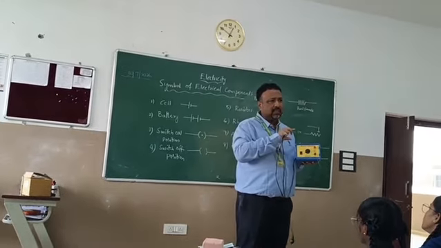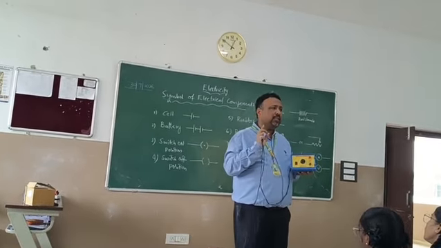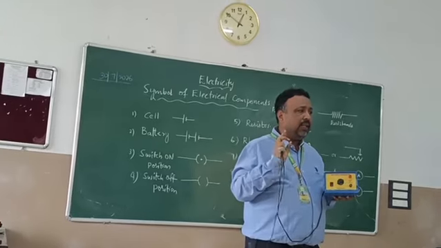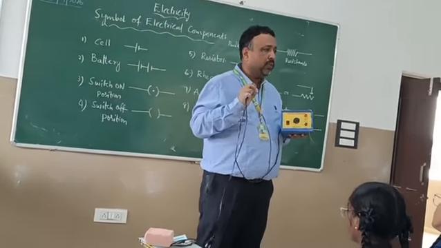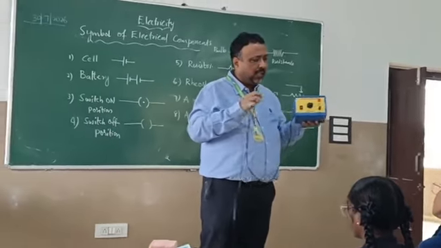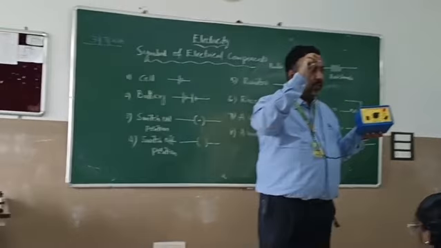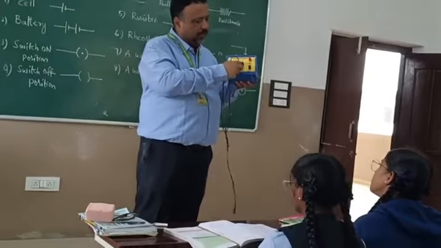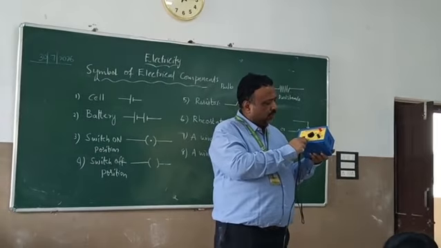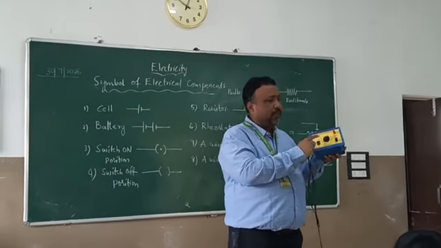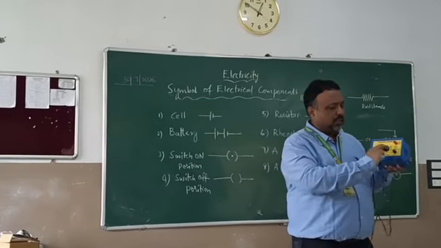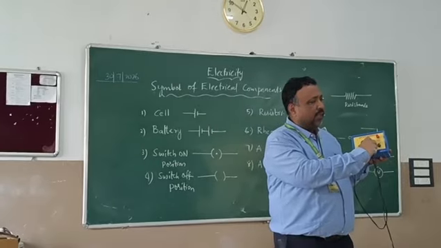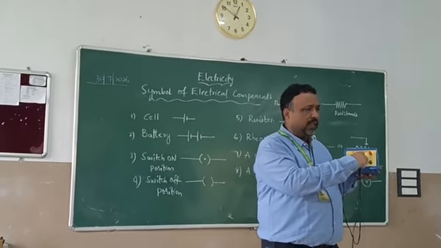Suppose we connect directly to the main supply, it will blast, because of heavy current, and they have small components, so it will burn out and get damaged. That's why we first connect this to the main supply, and we have a voltage from 0 to 12 volts. But we have to operate Ohm's law at 2 volts only. How much? 2 volts. So we can move this knob and adjust the voltage required.